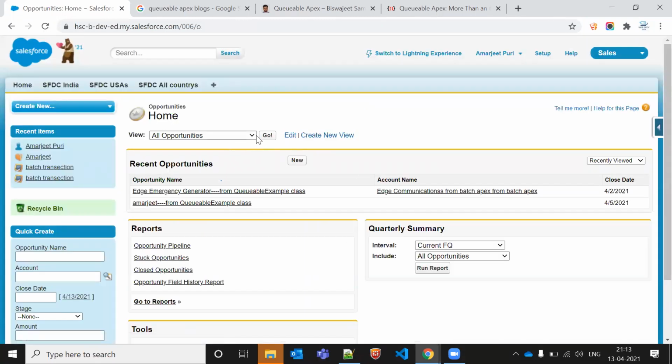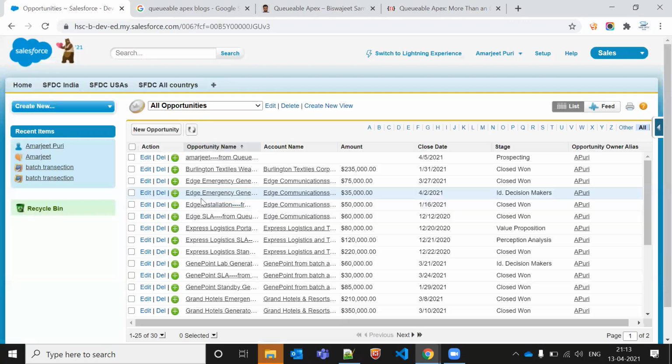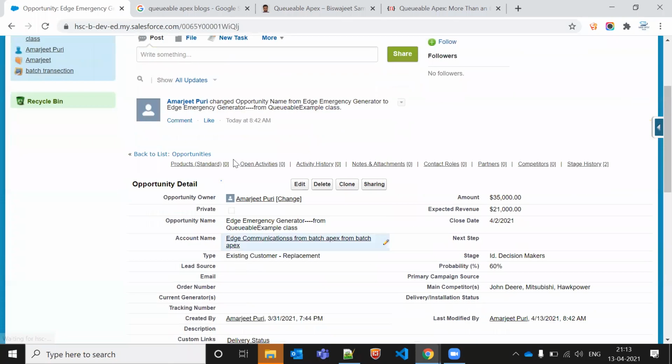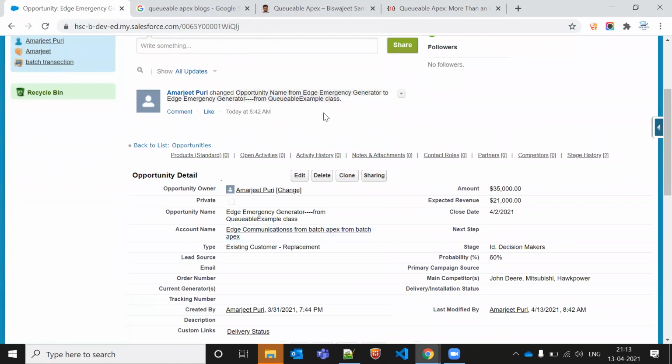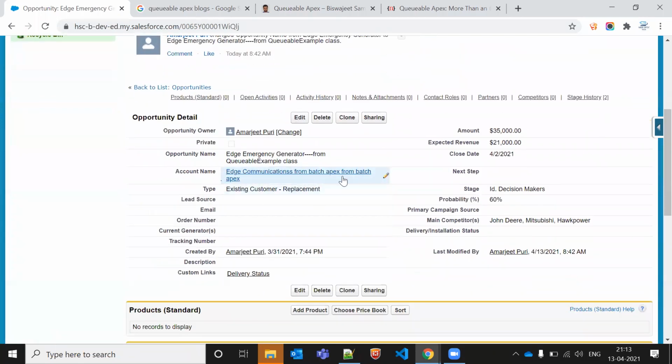So all these things are updated now, right? So it is updated. From this to this is the name. So it is saying change the name from this to this. Okay, so everything is updated now.